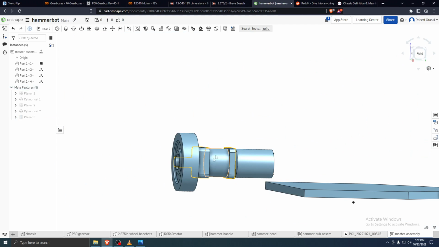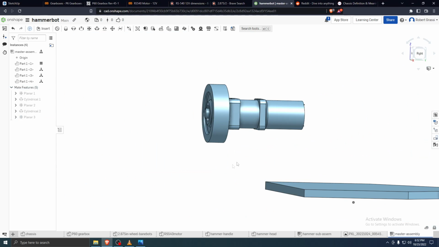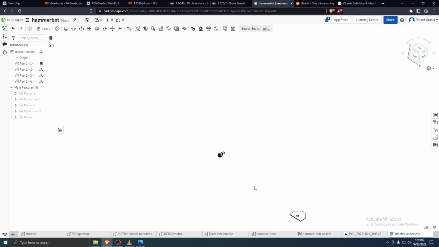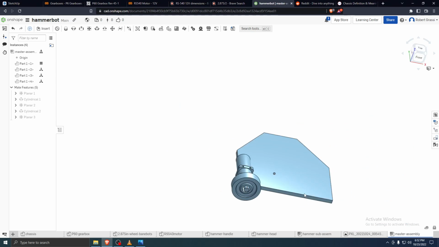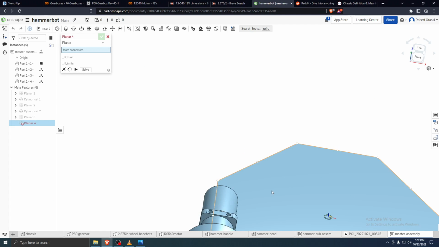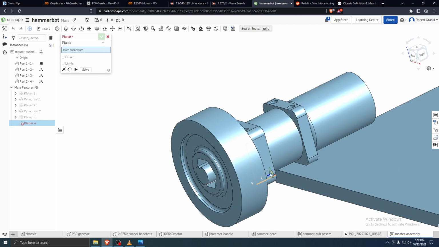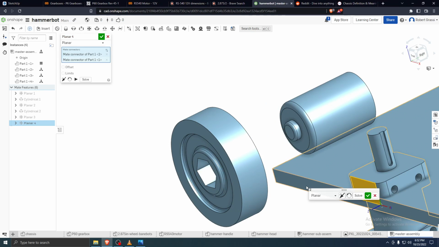Nice. Okay, so now we've got our motor unit. And as you can see, when you don't have a reference point, sometimes things can get moved along kind of weirdly. Okay, so let's put in another planar mate here. And this time it's going to be from this end of the gearbox to this end of the